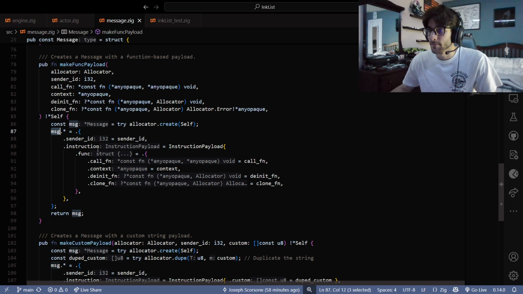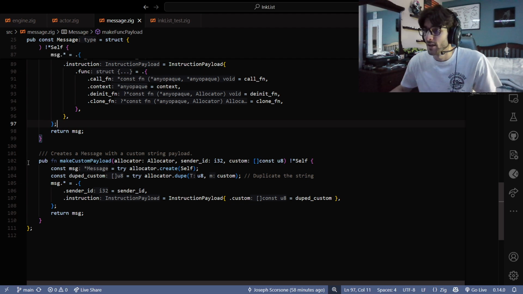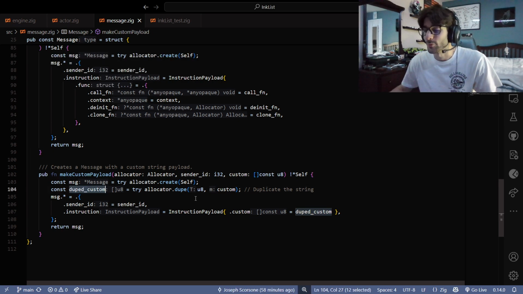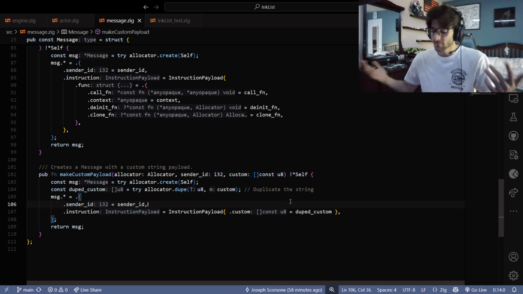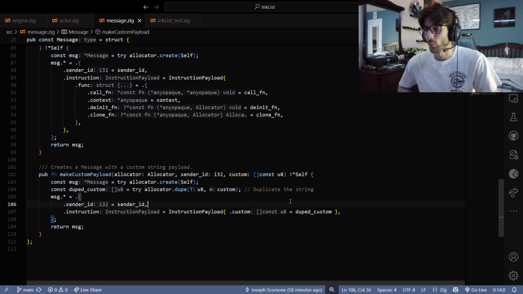Because it's a message. And then you just populate everything, and then you can return this message. Pretty straightforward. And then the same thing, but just not a function, for when you make a custom payload. It's just whatever your thing is, and I'm duplicating the string in there, because this and this are not the same thing, right? So again, just another thing with ownership, what you have to de-init and what I de-init in my